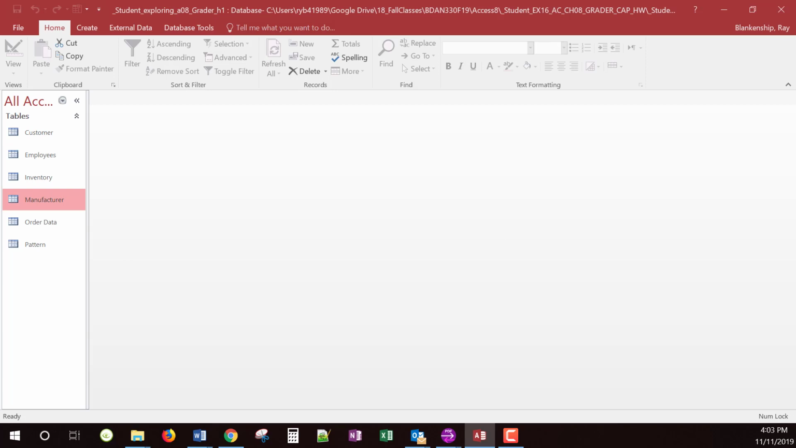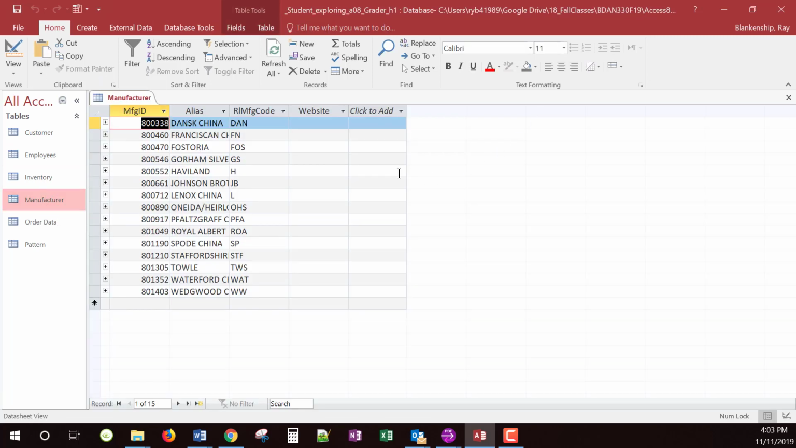Step 3 says switch to datasheet view and add the website to the Linux China record. So we shouldn't have closed it. We can get into the datasheet view, which is what you see on the screen. And we've got record 7. So we can go to record 7, or we can just go down through here and look at it. So there's the Linux China record. And under website, we're going to put in